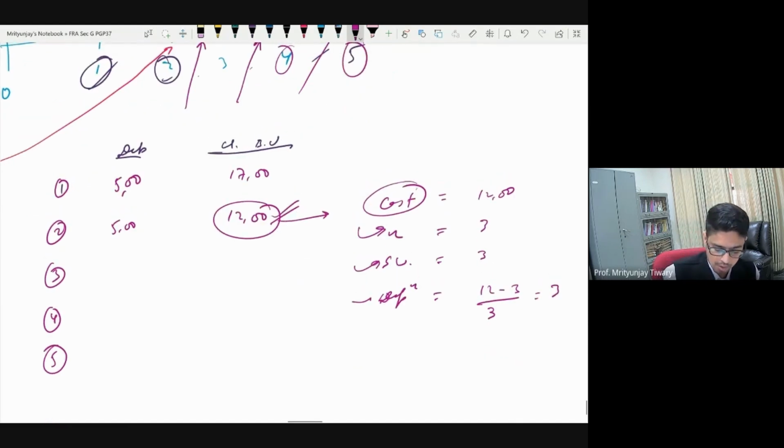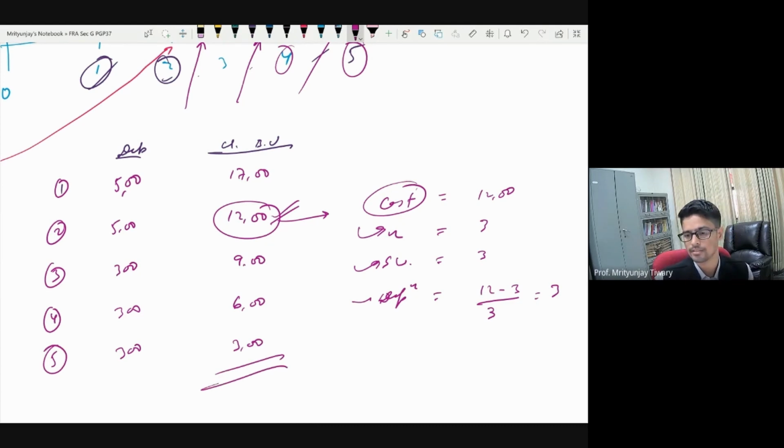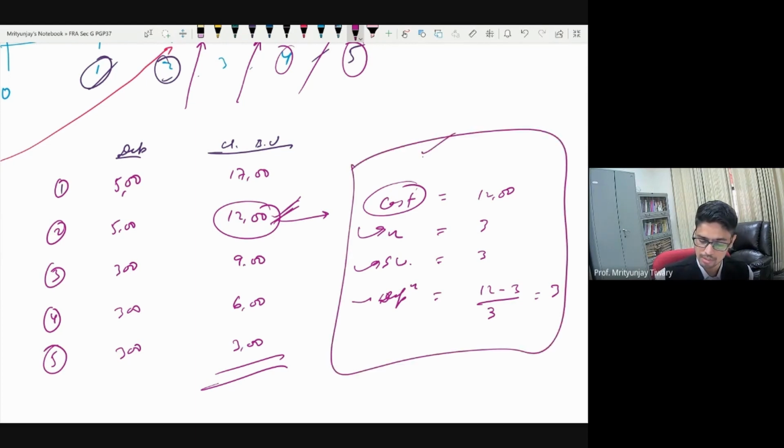So I will show 3 lakh of depreciation here, 3 lakh here, 3 lakh here. How will my closing value change now? What would have been minus 5 will now only be minus 3 here, and I will show a 9 lakh asset here, then a 6 lakh asset here, and a 3 lakh asset here. That's it. So whenever any of the assumptions changes, that's what you need to do. Find out the book value when you are starting that period, when you want to change the assumption, and just change the assumption and find out the new depreciation.